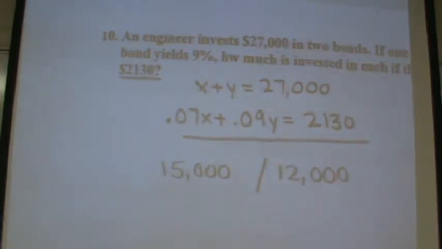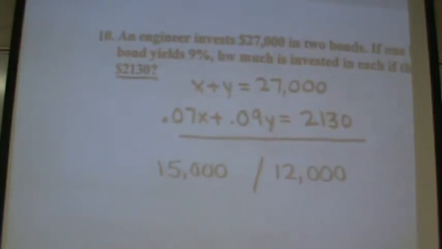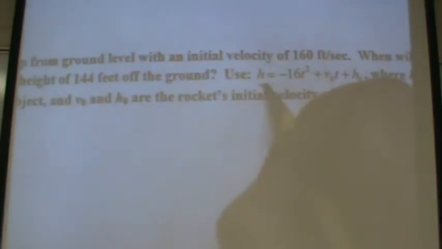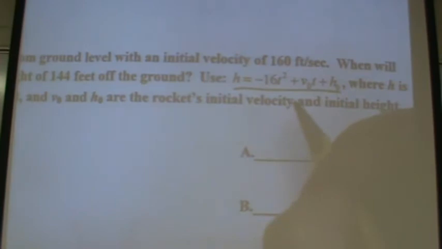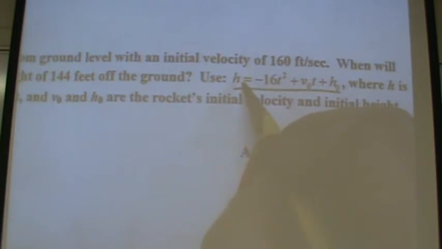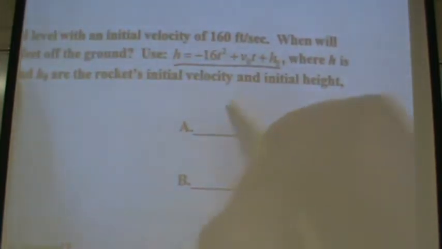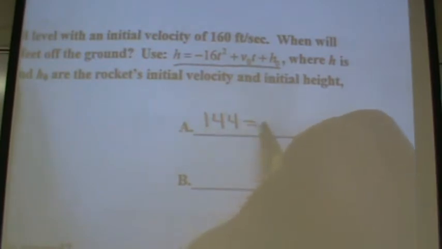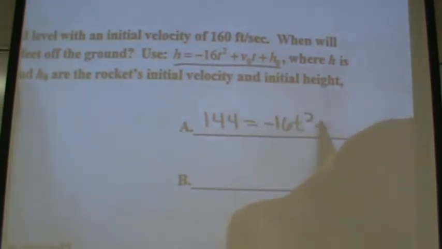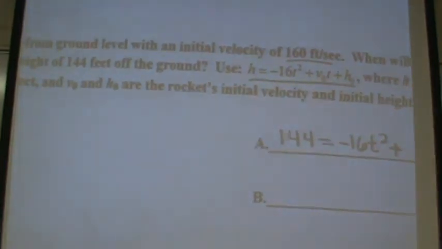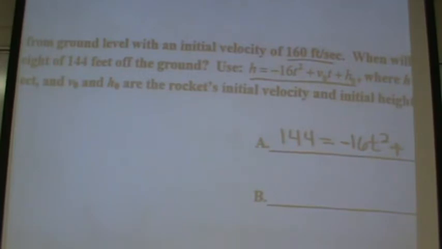I'm going fast. Number 11. You're shooting a rocket in the air. Here's your equation, right here. You gotta know what these 3 things, actually 4 things mean. H is the height of what you're finding out when the object reaches that height. So in this question, they're asking you, when will it reach 144 feet? So you have 144 feet. Your velocity. If you're blasting something up in the air, it's going to be a positive velocity, so plus 160